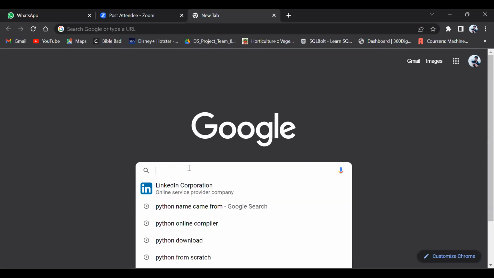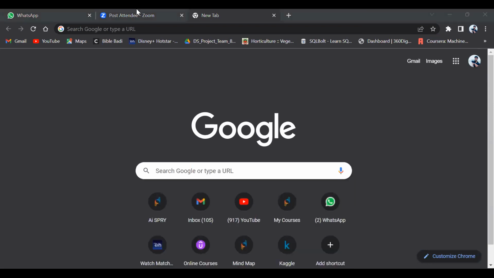So first you need to download an IDE, a Python IDE. IDE means integrated development environment. I think there is some noise. Wait, I'll share with you.